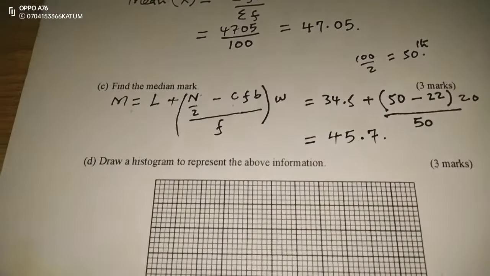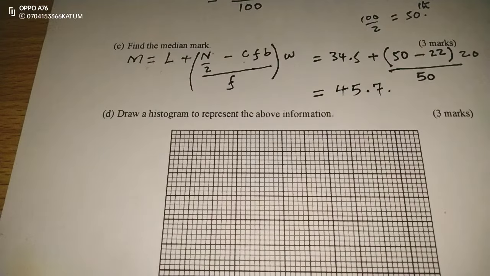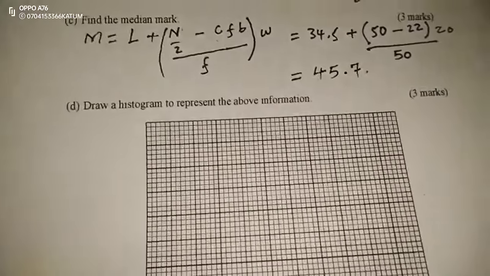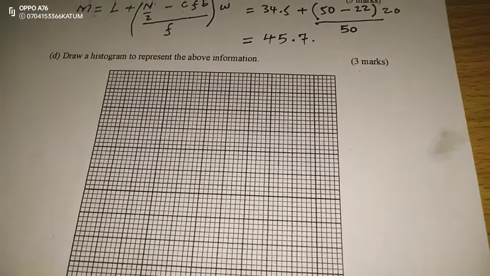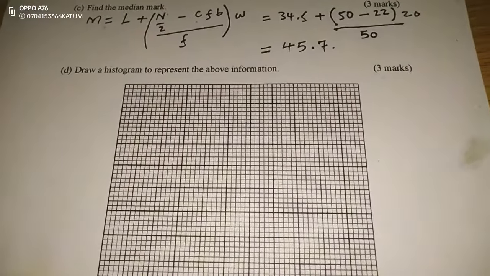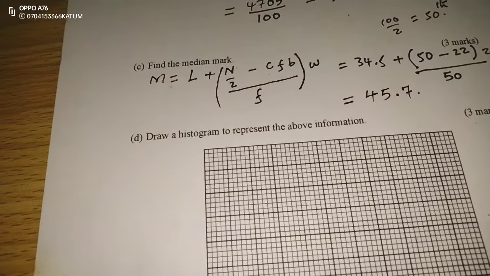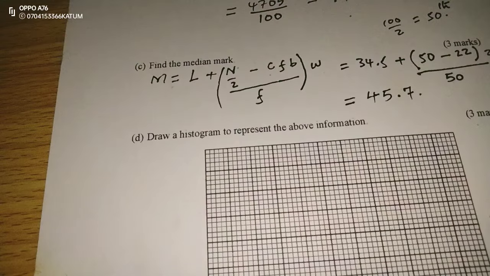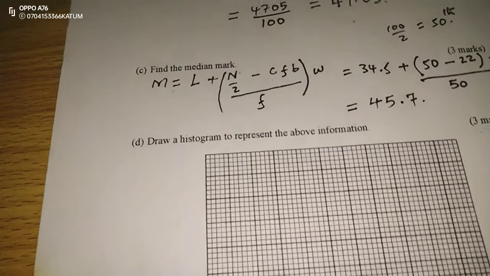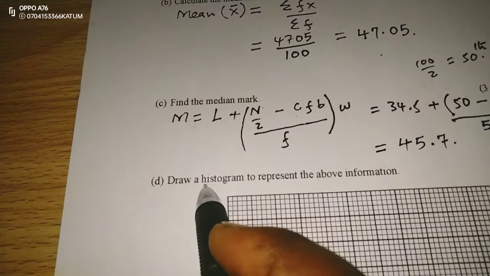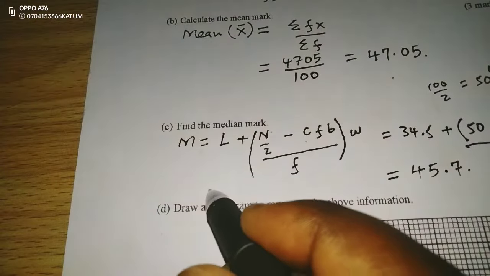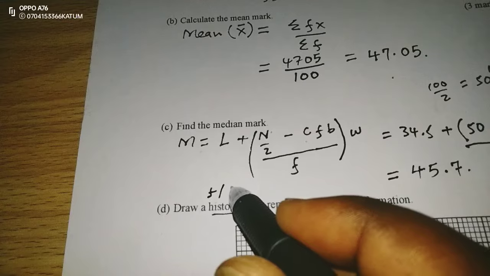45.7. So that is the median mark for the given data. Finally, we are told to draw a histogram to represent the above information. When class length is uniform, or rather when classes are equal in sizes, for a histogram, we usually plot frequency